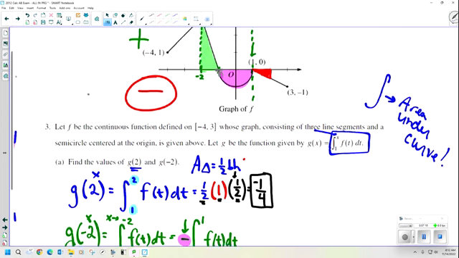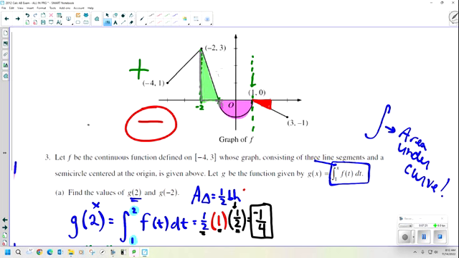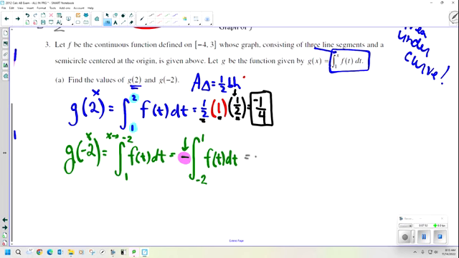Let's first worry about the area of this triangle. Again, it is 1/2 base times height. My base is a distance of 1, and the height is 3. So 3 times 1/2 is 3/2. That's the area of my triangle. So I come down here, and I need to negate the area of my triangle plus the area of my semicircle. This is 3/2 plus